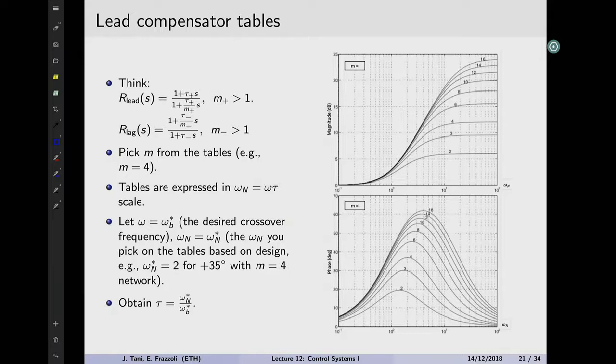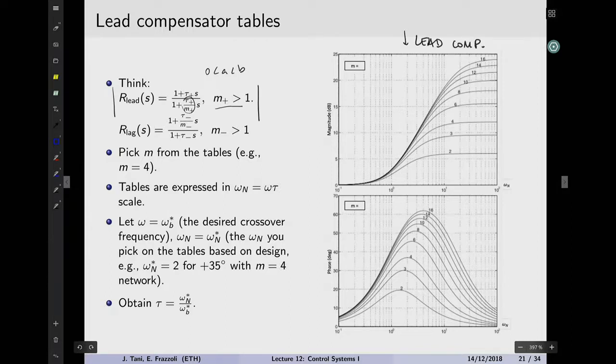The pole or the zero is just represented as tau and tau over m, where m is a number bigger than 1. So if you look at the lead network, which is the one we just studied, we said the pole has to be bigger than the zero. So this means 0, A, and B like this. And if m is bigger than 1, then this condition is satisfied. So these are the graphs, the so-called tables, for the lead